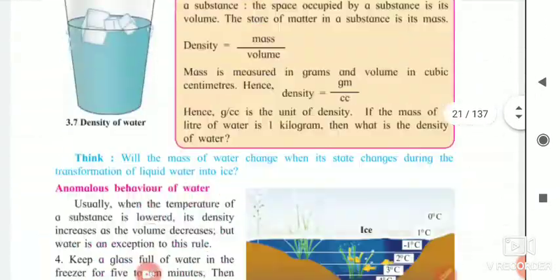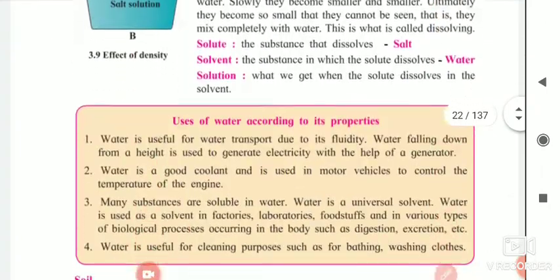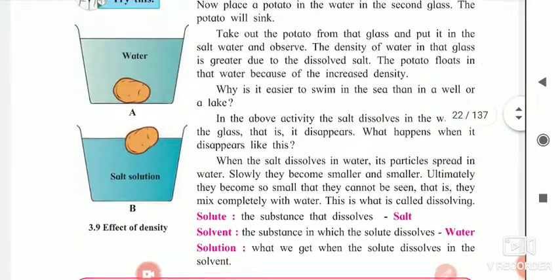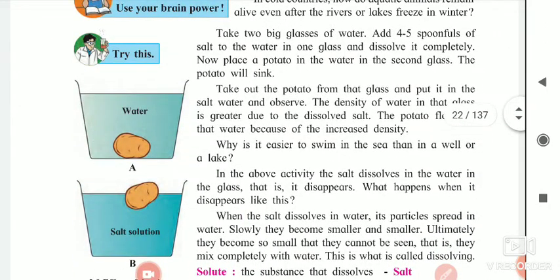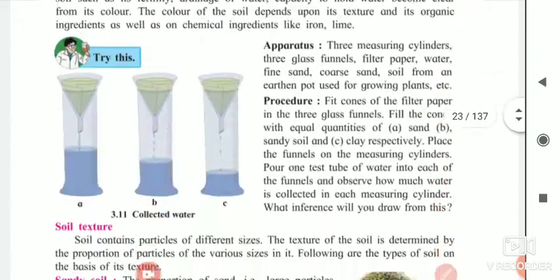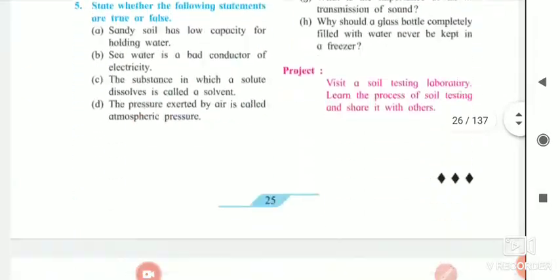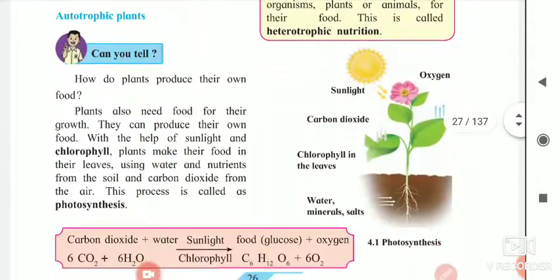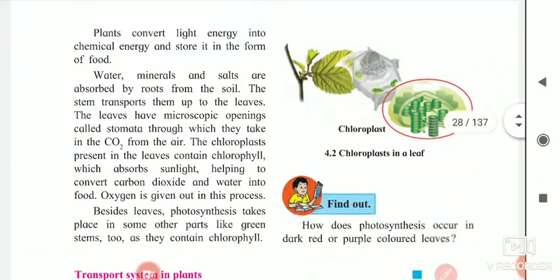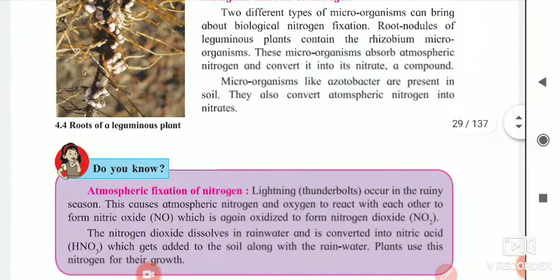Afterwards, I am going to give you the next experiment, and that is the effects of density, which you can also do. These are only 5 experiments I am going to give you, and from those 5 experiments I will tell you which experiments. First of all, any one from the parts of the flower, I will tell you. The next practical is